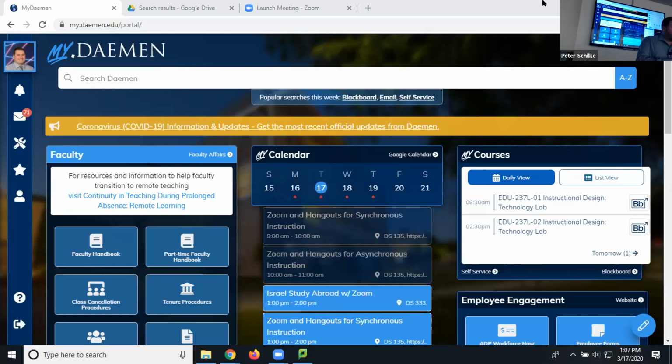Diving in, in this section we're going to talk about accessing Zoom and Hangouts, the quickest and what I think are the easiest ways to schedule the Zoom sessions, and then different ways we can distribute the links to our students so that they can access them, as well as some strategies once we're in Zoom and